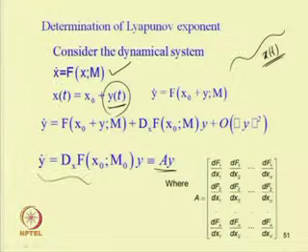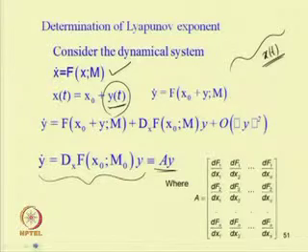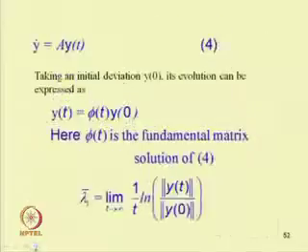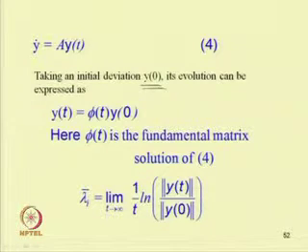This is similar to the stability analysis we did in the case of the fixed point response and in the case of the periodic response. After finding this equation y dot equal to A y, where A is the Jacobian matrix, taking some initial condition y(0), its evolution can be expressed in this form: y(t) equal to phi(t) into y(0). Here phi(t) is known as the fundamental solution matrix, and in case of a periodic system we can find the monodromy matrix using this phi(t),